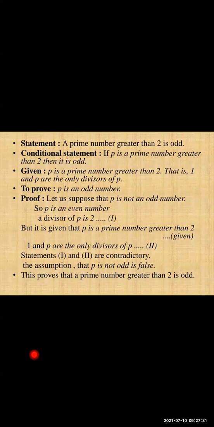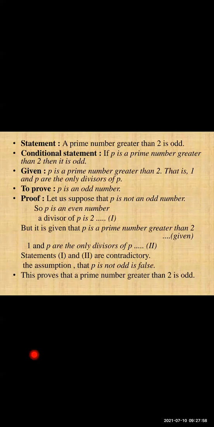At some point, we will realize that whatever the given part is and what we are going to prove becomes a contradiction, meaning that it becomes different, which is not true according to the given statement. So after that, we will say this is false. Whatever assumption we have taken is false, and then we will say that the given statement is true. So how it works, we will see here.